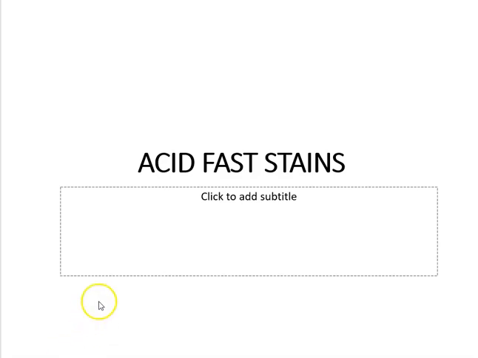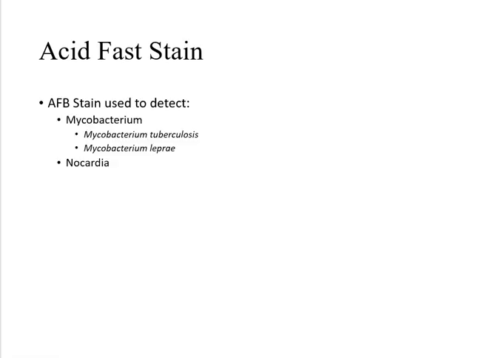Okay, finish the gram stains. Now we want to go to acid-fast stains. Okay, and acid-fast stains, again, are used to detect the presence of Mycobacterium. And the two pathogenic ones that we worry about are Mycobacterium tuberculosis, which causes tuberculosis, and Mycobacterium leprae, which causes